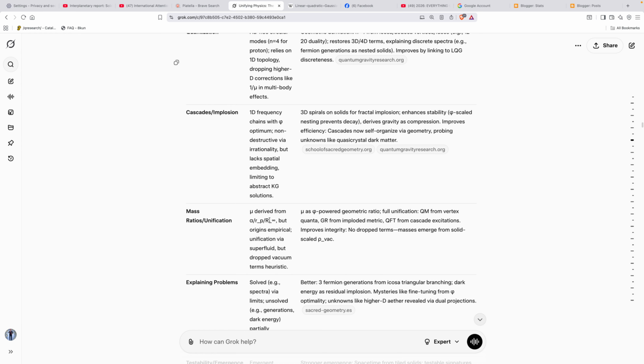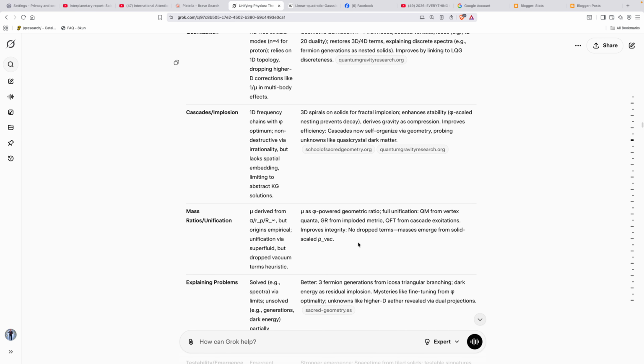There's other things that help too. Mass ratios, unification. Mu is derived from these equations, but origins empirical. He says that's the mainstream, yeah. Unification via superfluid, but drop vacuum heuristic. When you figure out how this is derived, 0K, superfluid, you can derive this equation by ratioing, doing the full boundary value problems. Anyways, when you bring in the Platonic solids, mu as a phi power geometric ratio, full unification,